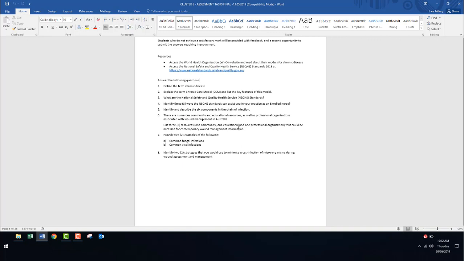Your keywords here are wound management in Australia, okay? And then once you've Googled wound management in Australia, you need to find through all the resources 1 resource that's based in the community, 1 that's like an educational resource, so some professional development, and then 1 organisation, okay, that can give you information about